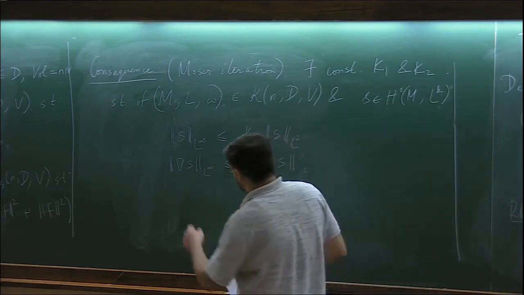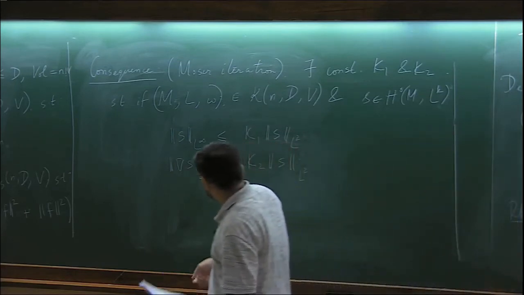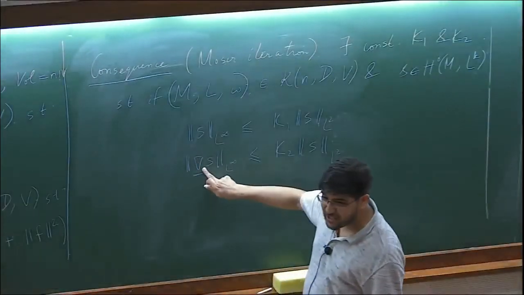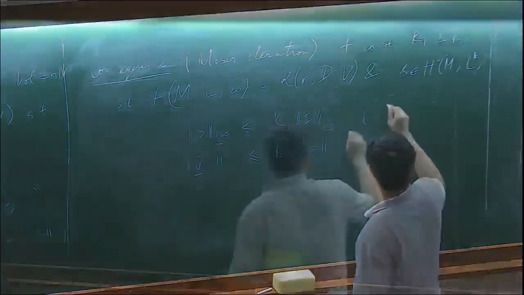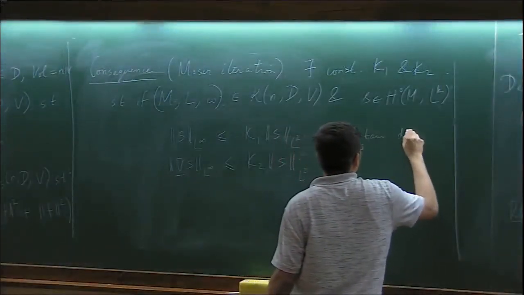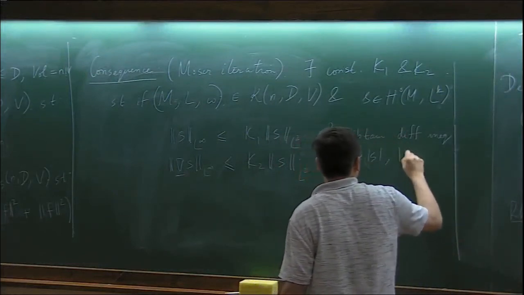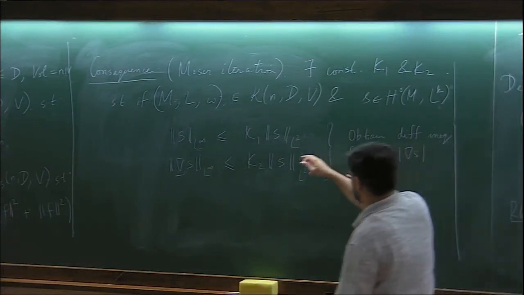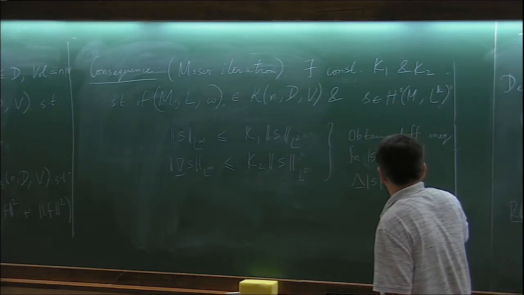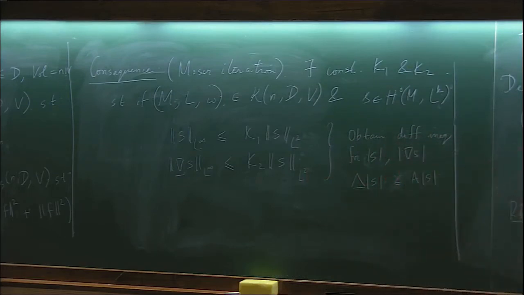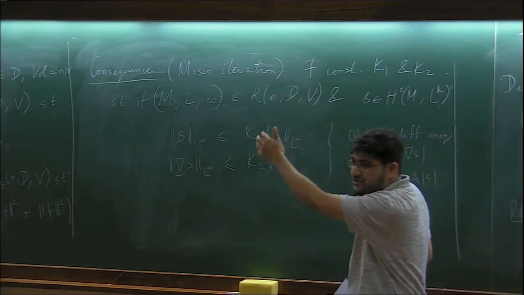But the trick here is, of course, that S is not a holomorphic function, but a section. So this covariant derivative also involves, for instance, the Chern connection. The way to prove this is to obtain differential inequalities for mod S and for something like this. For mod S, if I remember, you obtain an inequality of this type, and then a standard package called Moser iteration gives you